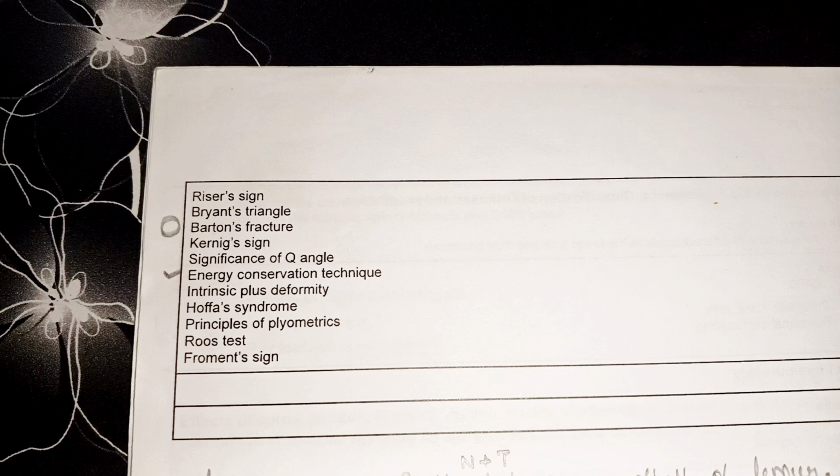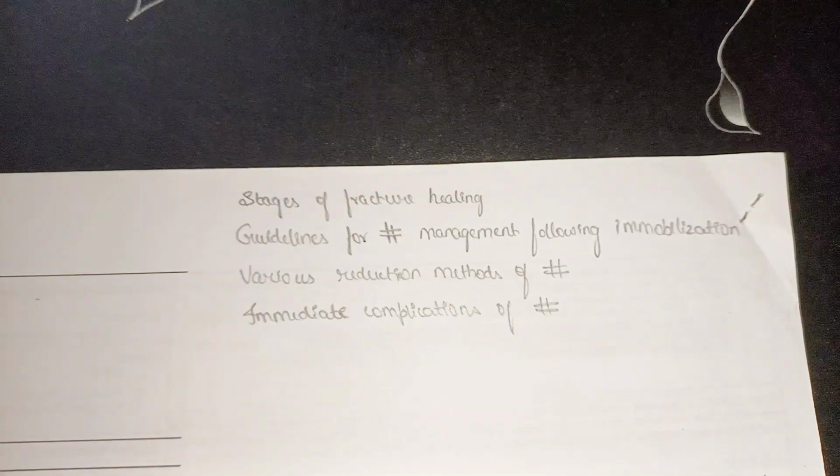Next, we have few more questions such as Barton's fracture, energy conservation technique, Hoffa's syndrome, principles of plyometrics, and few special tests such as Roos test, Froment's sign, Kernig's sign, and there's one more question that is intrinsic plus deformity. And there are few more additional important questions. Those are stages of fracture healing, guidelines for fracture management following immobilization, various reduction methods of fracture, and immediate complications